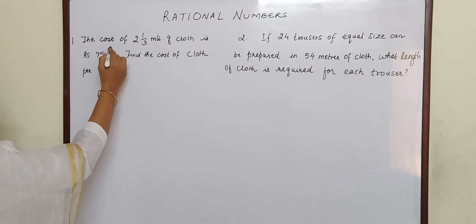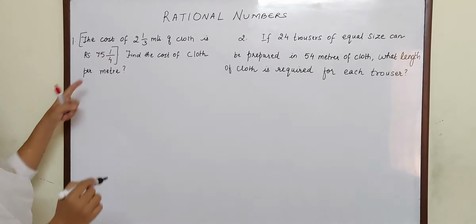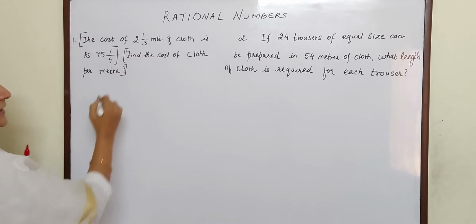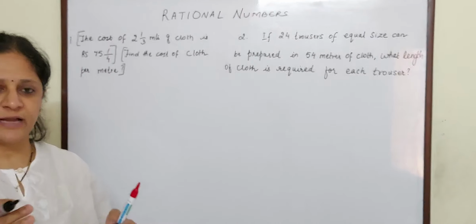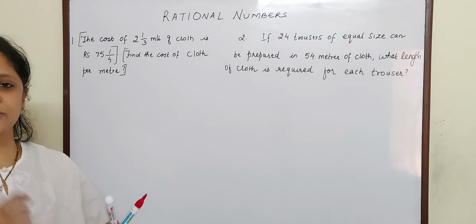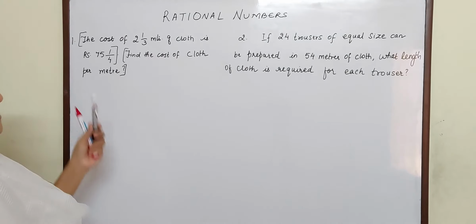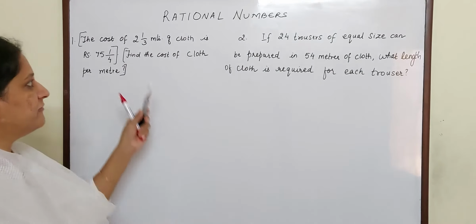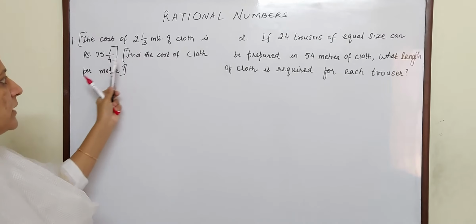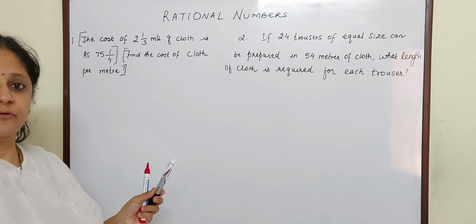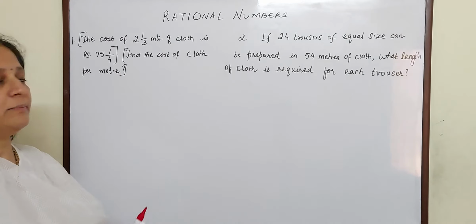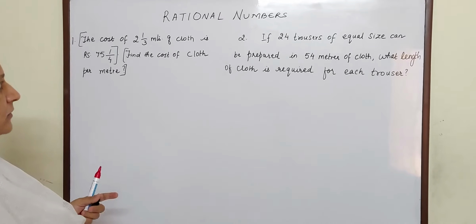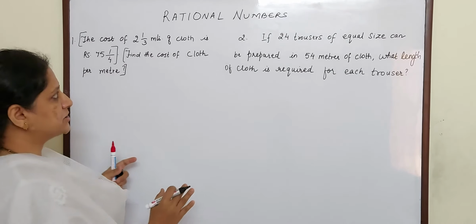Now here let us break this word problem into two. They have given information about many and they have asked us to find per meter. So we know that we have to do division, but sometimes children tend to get confused whether it is multiplication or division, and if they find out it is division, which number will come first, whether 2 1/3 divided by 75 1/4 or 75 1/4 divided by 2 1/3. So to avoid this confusion, let us break down into cross multiplication method.